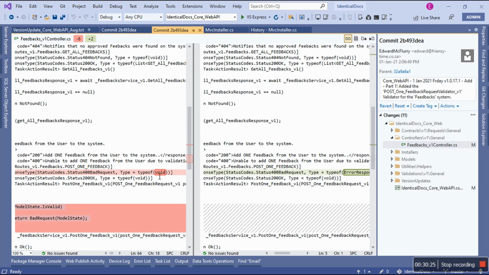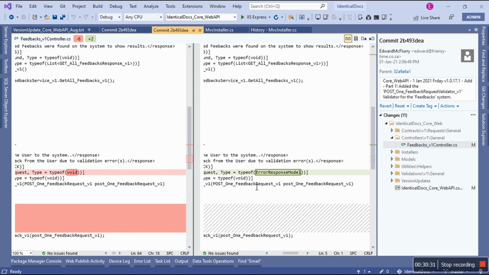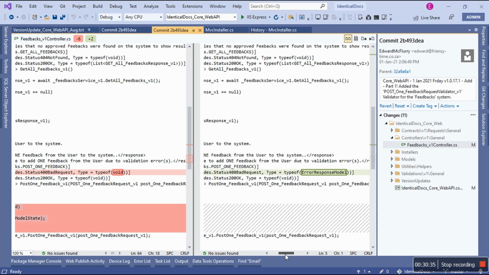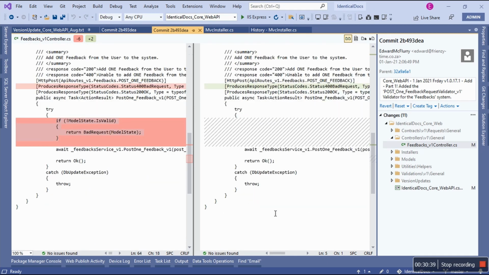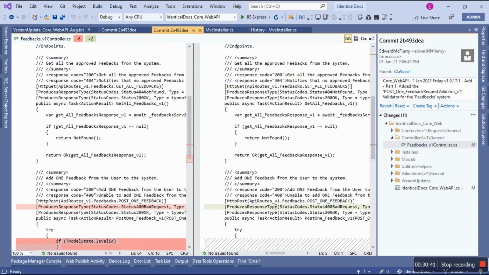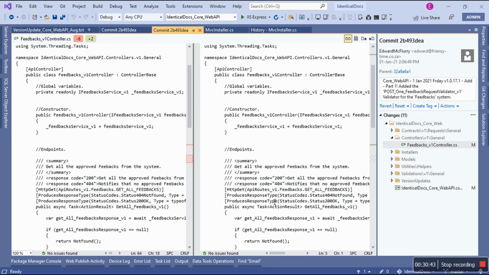When it comes to bad request, you see, it returned a bad request but of type void. But now we said it's going to return of type error response model, where it will show properly the field name and the error message if there's any. That's it. So this is the power of a Git history, also with the power of Git